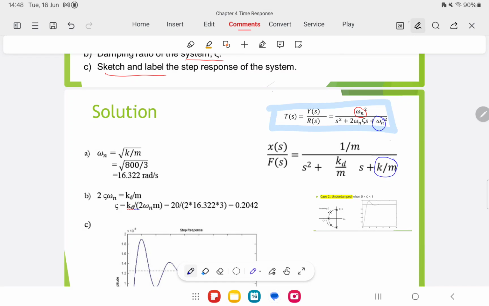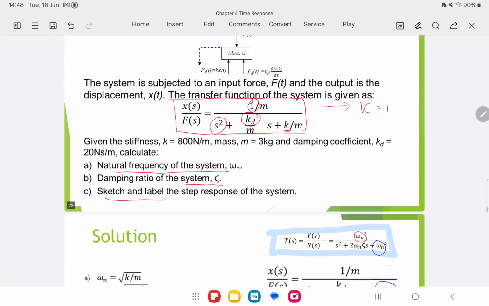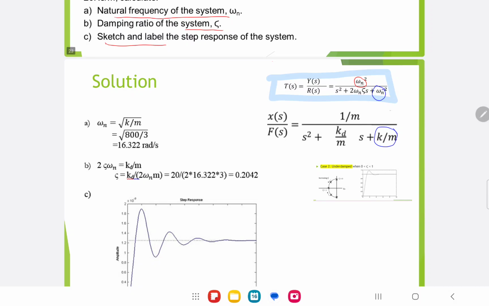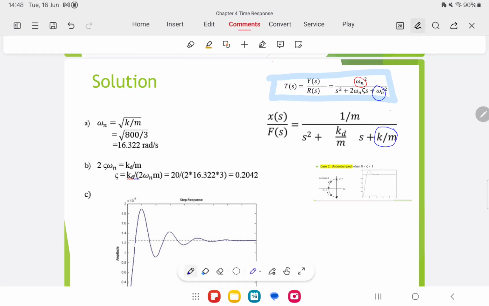Masukkan the value. Dalam soalan tadi dia bagi siap-siap. Normally kalau question like this, dia bagi siap-siap dah. Value untuk K, M, KD, all the gains tu dia akan bagi siap-siap. So you just compare, masukkan, and then you can get the first one, omega n. And remember unit untuk frequency radian per second. Okay,